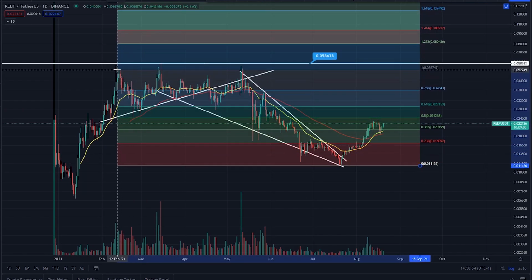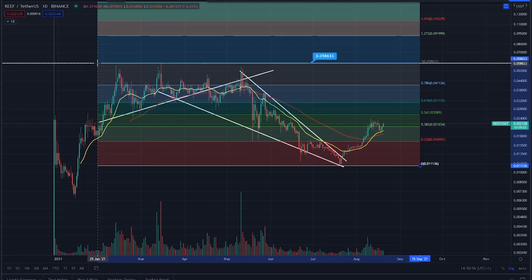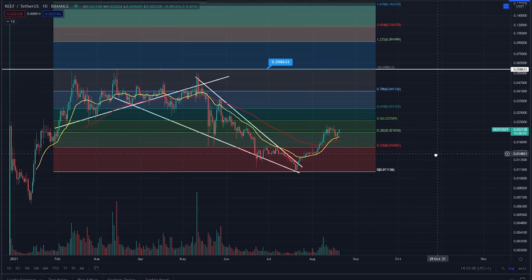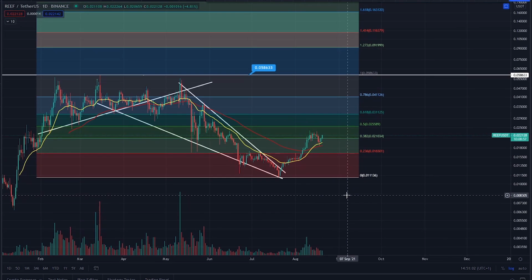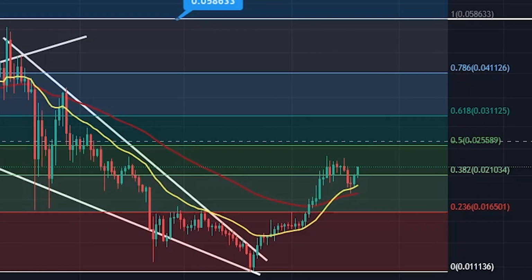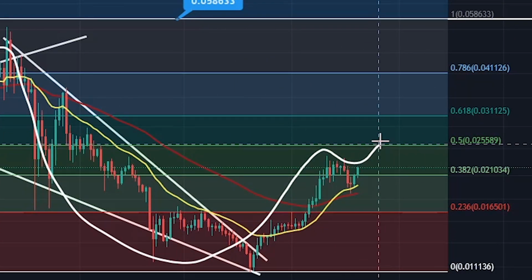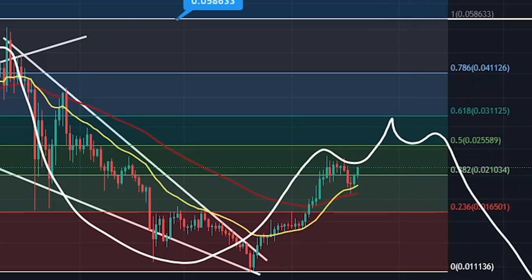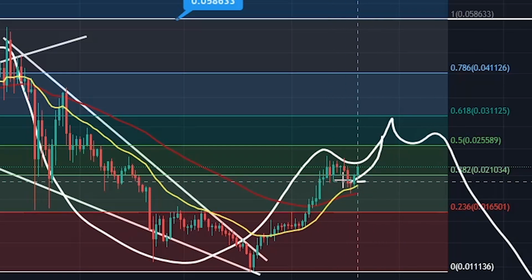So from this low to this high just there, you are now retracing to the high, and that's what it is. You've fallen down and you're beginning to retrace. So for me, you know, Reef is looking good. You're looking at a bit of upside here, at least to come to this 0.50 and at least to come to the 0.618 to test it as support before, you know, if we were entering a bear market here and we're rolling over, you at least come to these levels of support, resistance, sorry, to test them before continuation of the trend. So this is why I do see more upside here for Reef,